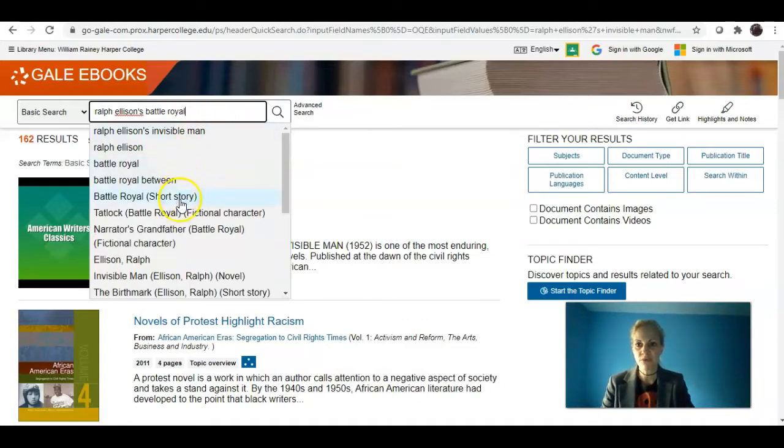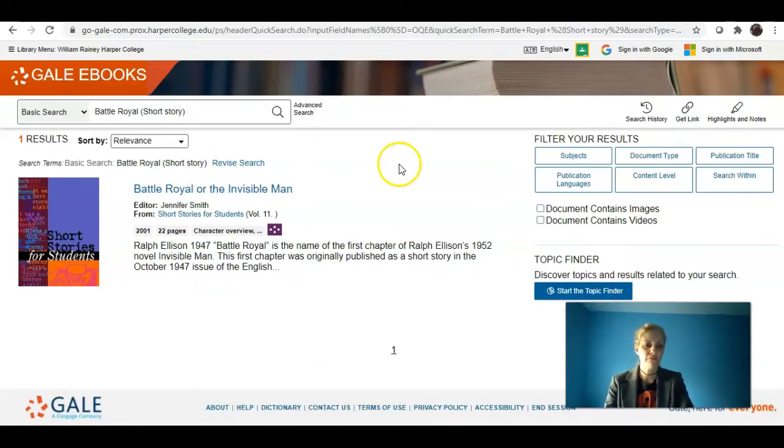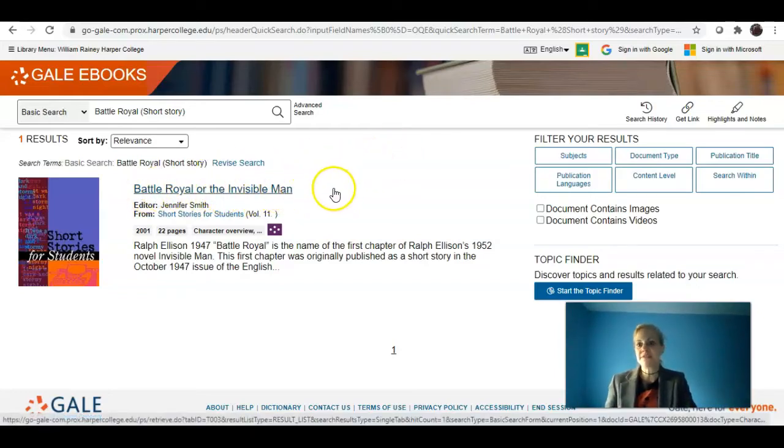Here it says Battle Royal short story. So I'm taking my time with typing in because sometimes what populates works better than what comes out of my brain. So here we have Battle Royal, or The Invisible Man, Short Stories for Students, 22 pages of